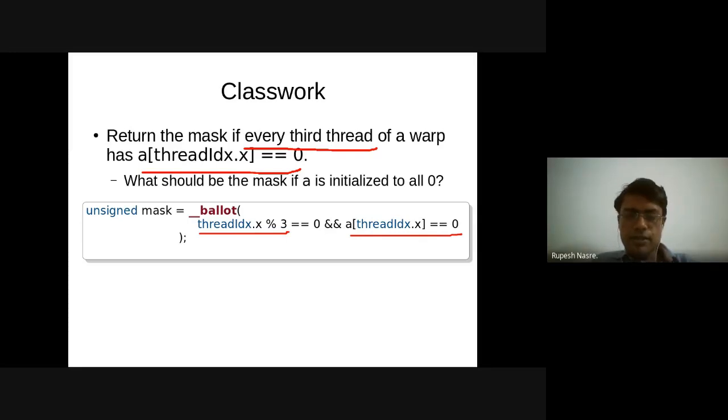Kshitij says threadIdx.x greater than length of A. Okay. Sure, that could be an issue which we need to fix. Let's say that we have fixed it. Yeah, that is correct. That can also occur. But let's assume for now that the length of A is the same as the number of threads. Now, will there be any issues?